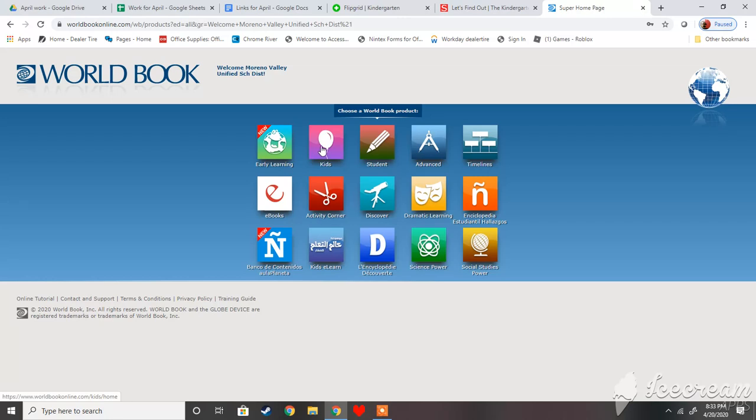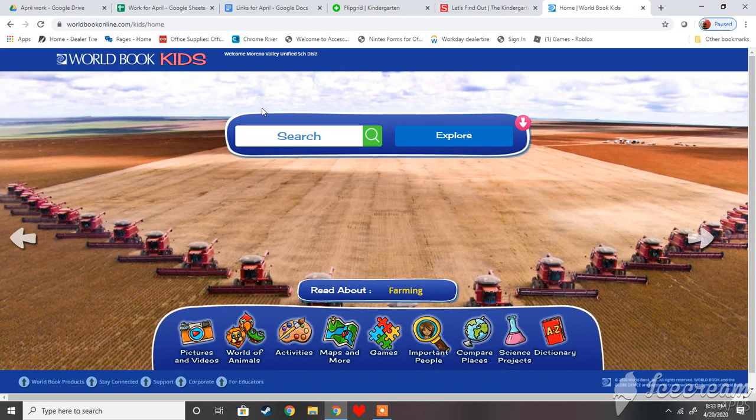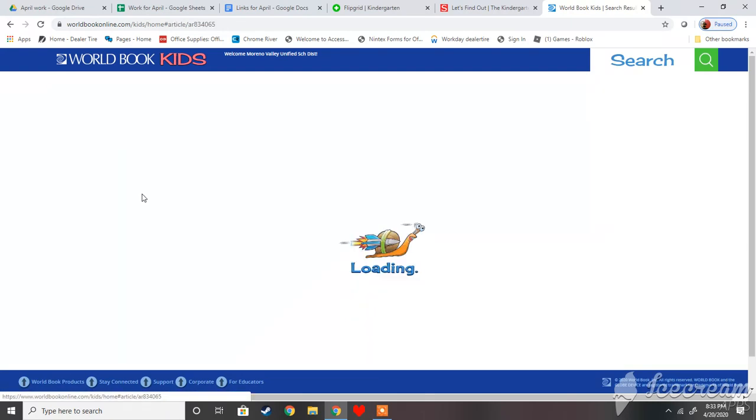Where you're going to go is to the balloon where it says kids. And there's all kinds of games and activities. What I've put in here is just for your child to search for that animal that they're learning about for that day. So the first animal is polar bear. You just click the search button, and the first one right here is polar bear. They'll click on it,